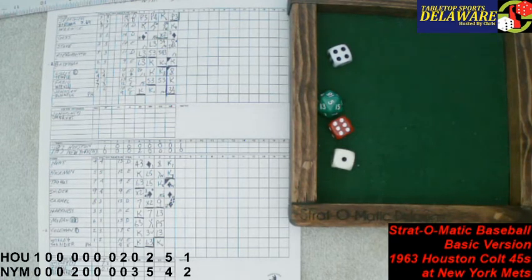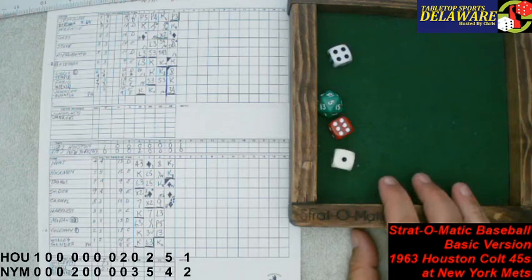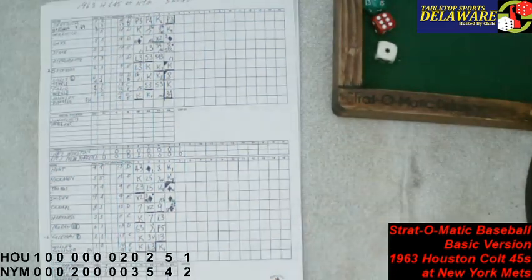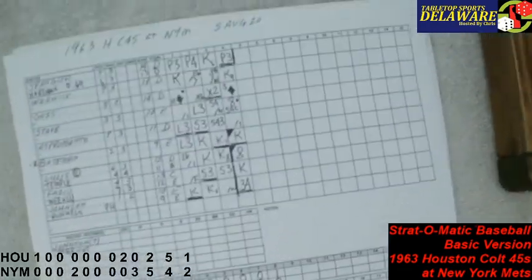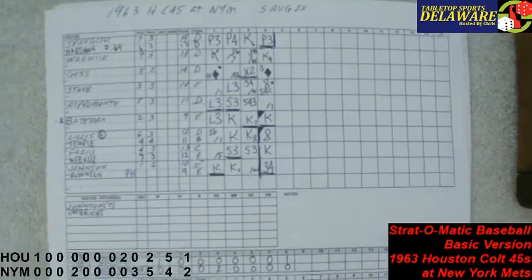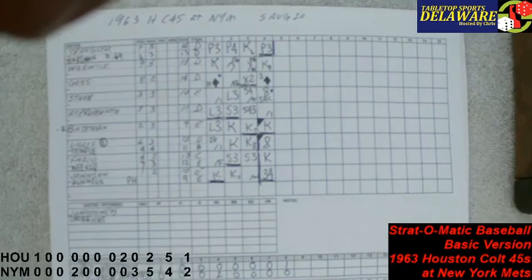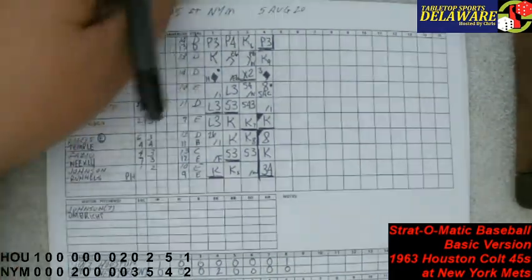There is your final score. 5-2 Mets. 3 runs in the bottom of the ninth. 3-run shot by Duke Carmel, the center fielder, off of relief pitcher Jim Umbricht. Let's go ahead and do us some statistics and see who's got what, because we likes our stats. Let's put it there. Just off focus. Y'all focus need more focus. There we go. So Spangler,